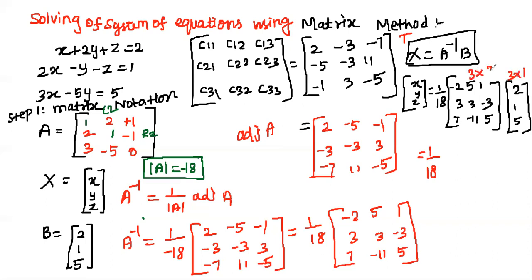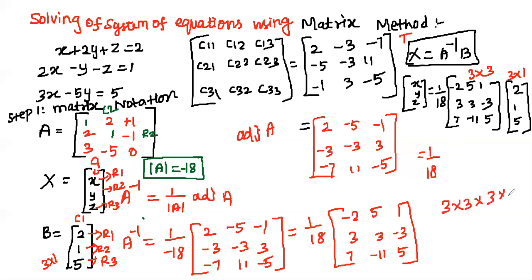And this is 3 cross 3. Here also I said it is 1 cross 3, right? It is 3 cross 1, like you have 3 rows. I'm sorry, from the beginning I'm saying it as 1 cross 3. It is 3 cross 1 actually, 3 rows and 1 column. And here also it's row 1, row 2 and row 3. It's 1 column, so it's 3 cross 1. So when you multiply 3 cross 3 by 3 cross 1, you will be getting the result as 3 cross 1 only.